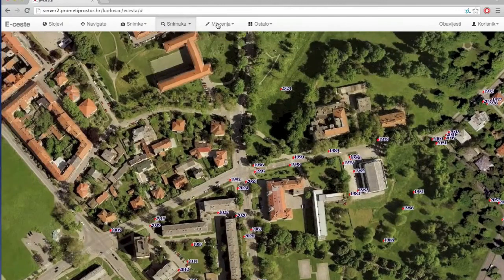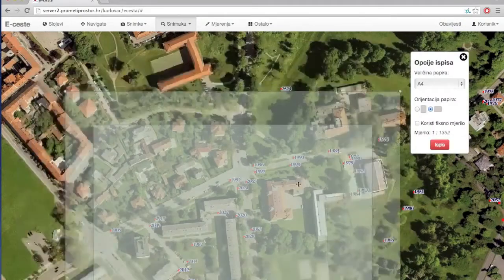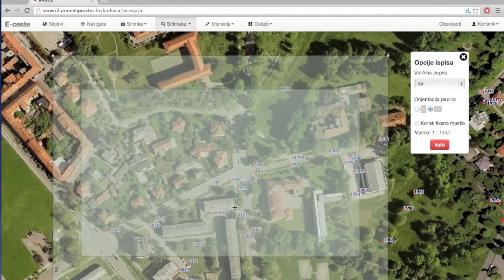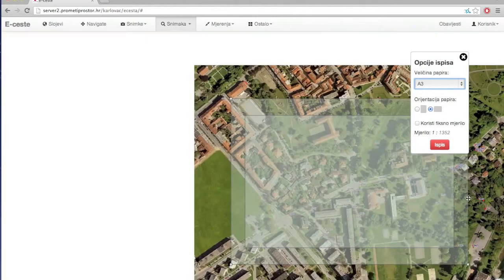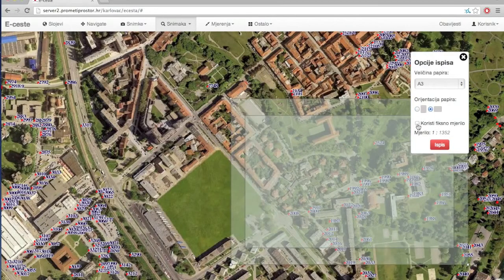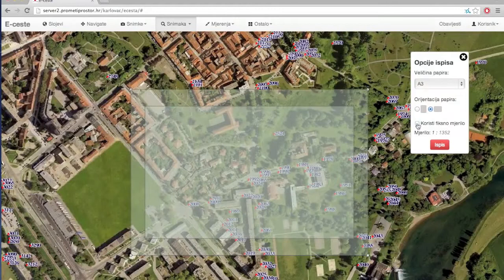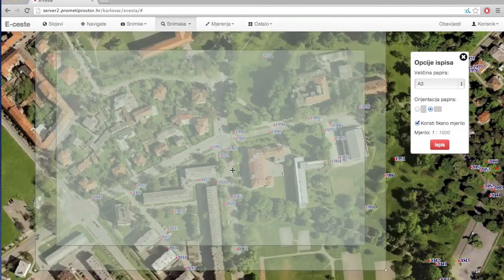And we've created some additional modules. One of the most important, of course, is the print module. So, for example, how can we print out this intersection here? So I select the print module. I can select the size of the paper. These are standard size papers in Croatia, so I can select, for example, A3, and I can orient the paper as I like, portrait or landscape, and I could use a fixed scale. For example, I need to print this out in 1 to 1000 scale, so I can put